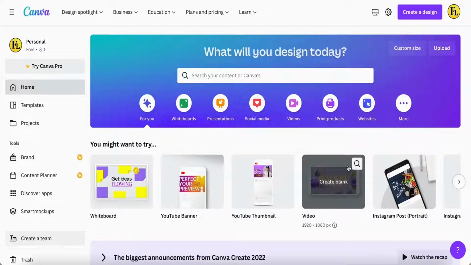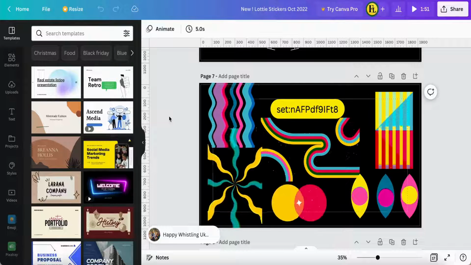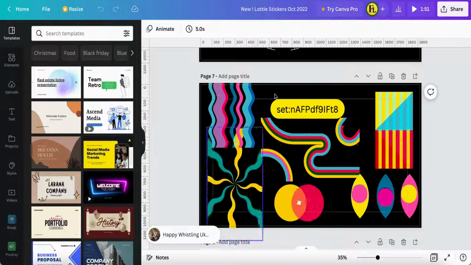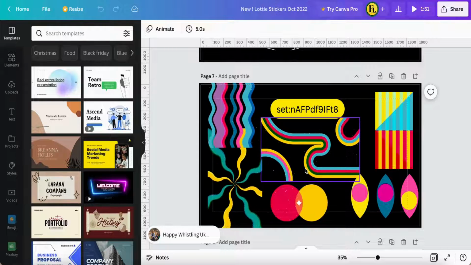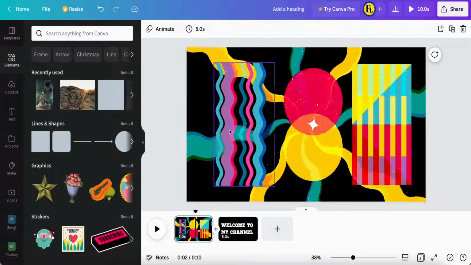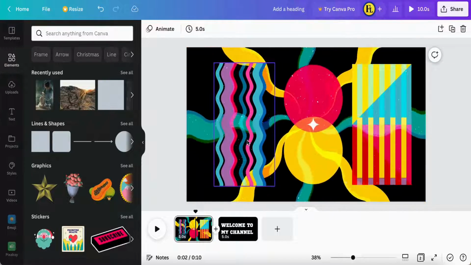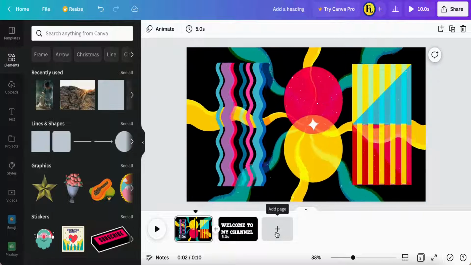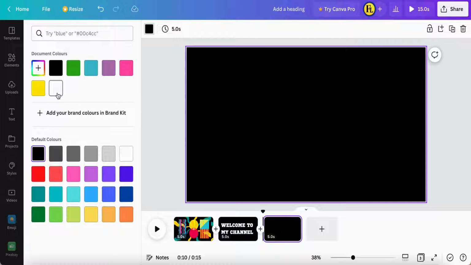Today I would like to share with you how to use this video clip or video template. We continue from yesterday's animation, this geometric item or sticker, with which we create the intro. First of all, we create the video and then we need this item. Now we can see we change the white color to black, and then we need some